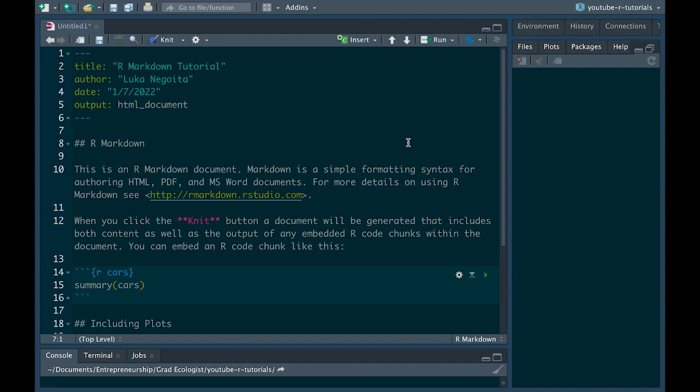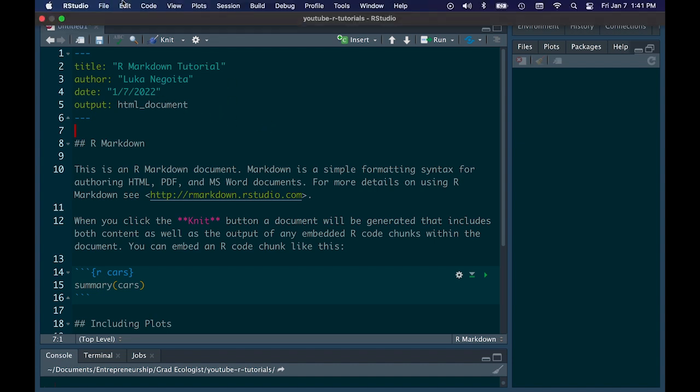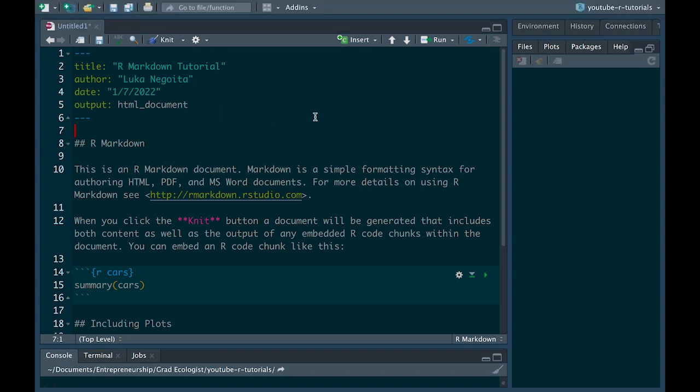Now, keep in mind too, one more thing is that you may need to install a few packages in order for R Markdown to run on your computer. So when you try to create a new R Markdown document, you may be prompted with, do you want to install or update certain packages? Click yes if you get that.